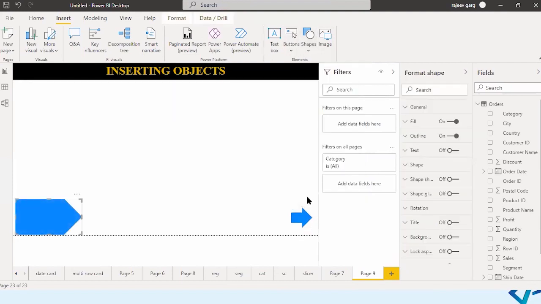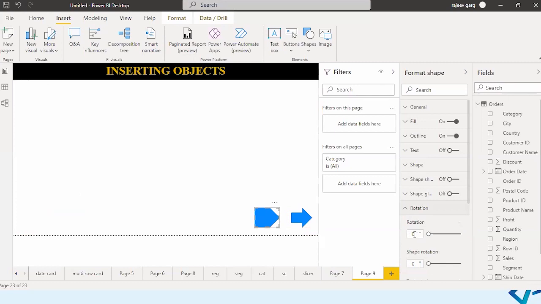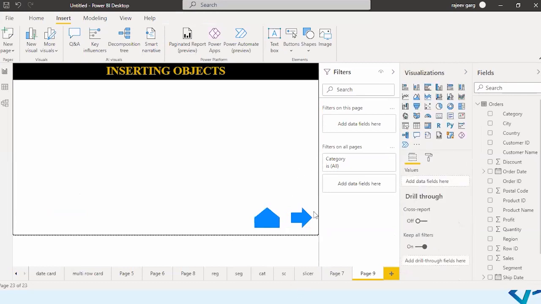You want this icon, you can take this. And let me apply a rotation. Here it is. So you can insert the shapes.